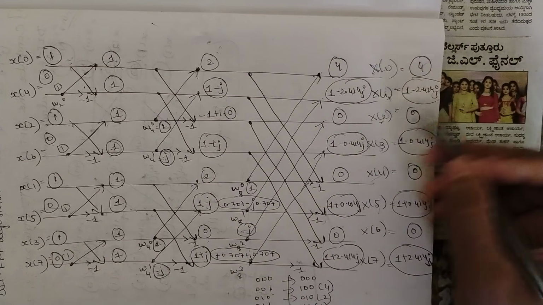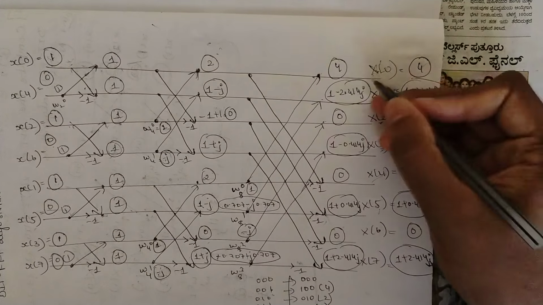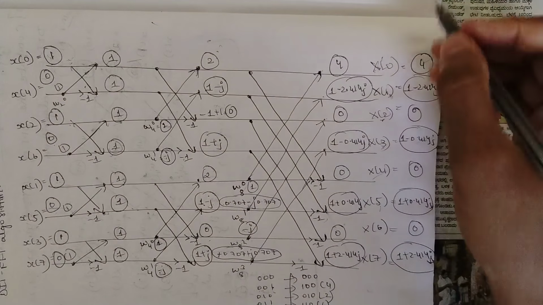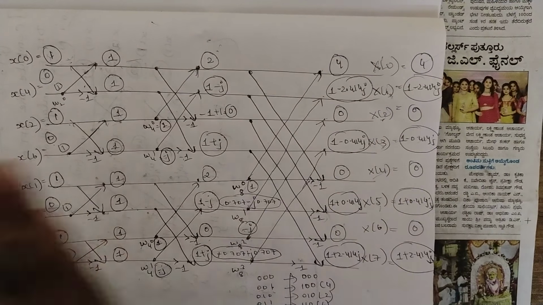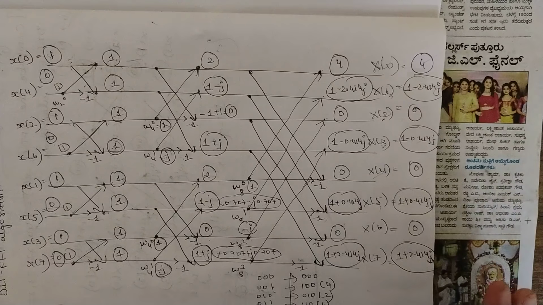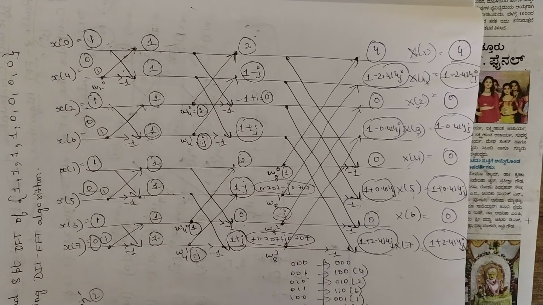So like this, you should be writing the sequence final answer, because if you don't write that, you won't be getting marks. Okay, so these are all the answers of X of 0, 1, 2, 3, 4, 5, 6, 7. Okay, you can check it out later. Okay, please try to solve this without any reference, without first seeing the video, completely clarify everything, then try to solve without seeing. Okay, because these kind of problems are fixed questions. DFT, DIT, FFT,